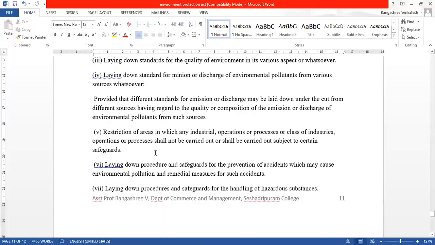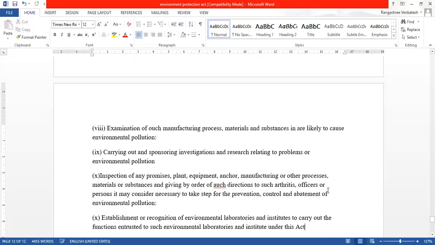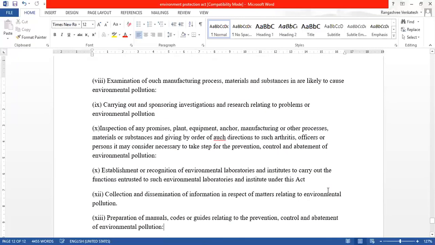be carried out or shall be carried out subject to certain safeguards; laying down procedure and safeguards for the prevention of accidents which may cause environmental pollution and remedial measures for such accidents; laying down procedures and safeguards for the handling of hazardous substances; and examination of such manufacturing processes, materials, and substances as are likely to cause environmental pollution;